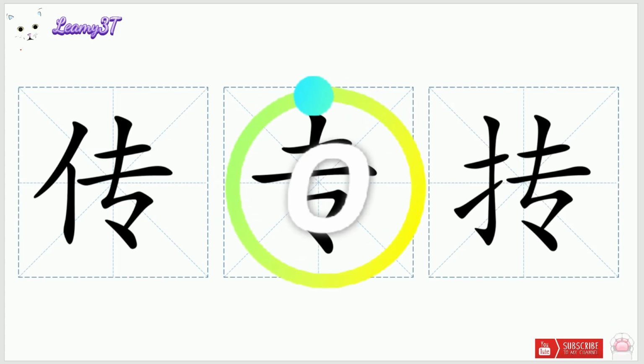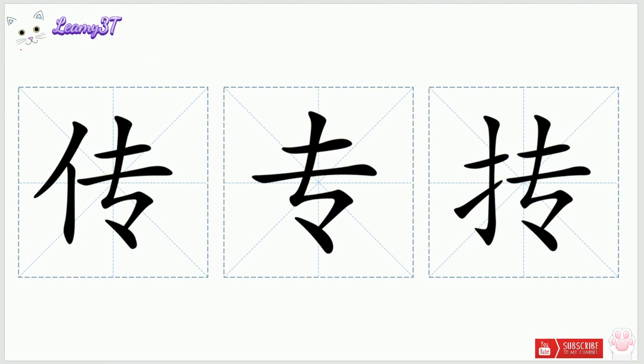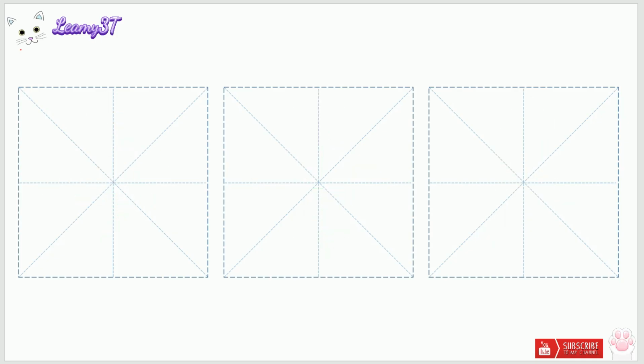Have you found everyone? Let's check. shùzhépiě, shùzhépiě, shùzhépiě. The second stroke we're going to learn is